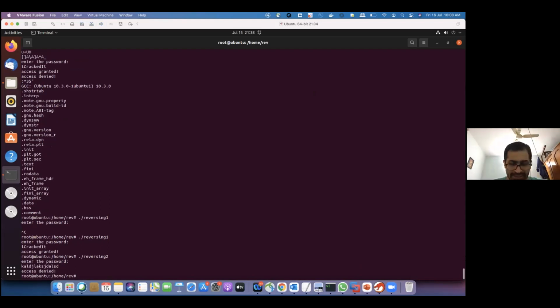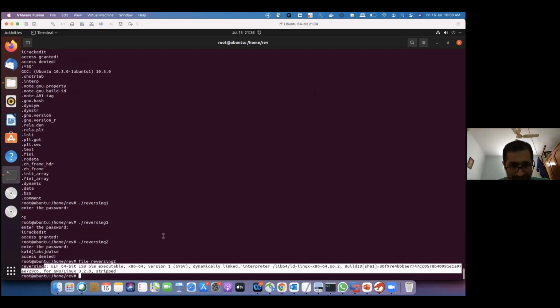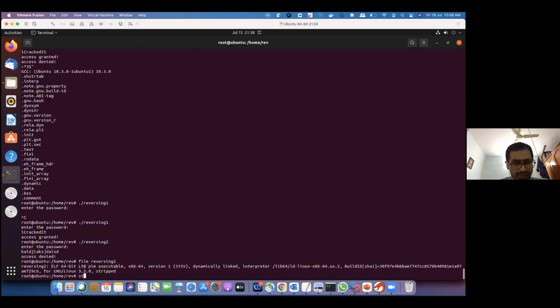And it says access denied, right? So we again follow the same path. We do file on reversing 2, we see that again it's an ELF binary and it is stripped, right? Now if I do a strings on reversing 2,